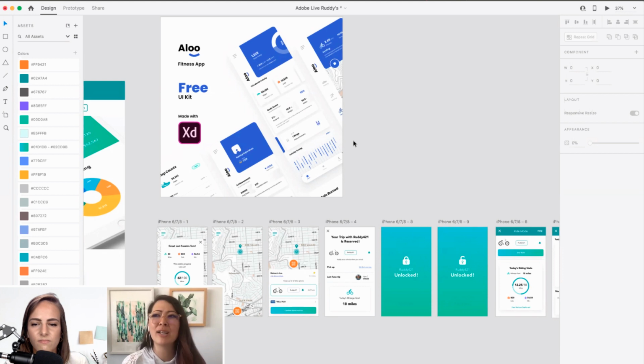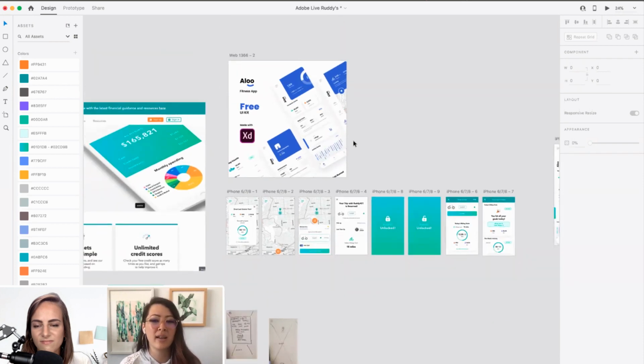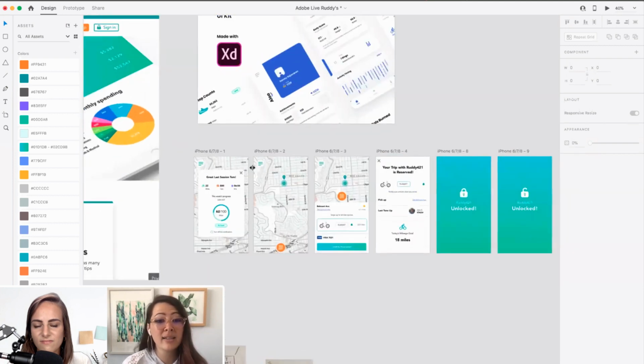Like someone just asked me, hey, I'm creating a new dashboard. What do I do? I'm like, go and look for a dashboard UI kit. Literally just type that into Google and you can find some stuff. So have a concept and grab some other people's designs and start breaking it down and understanding what you can learn from these other designers who've created these amazing kits for everyone to use. I really applaud people who do that, and I'm really grateful to those designers that do that. So as far as wrapping this all up, we did the sketches, we went and got a UI kit, we created a prototype and we shared it. So we talked a little bit about how to share with other developers, how to share for user testing, etc.